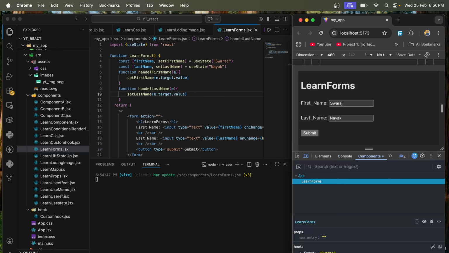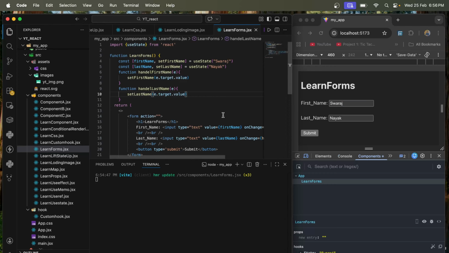The state is Swaraj and the state is Naik. This one is the default value. If I write something now, you see that the first state is changed, and the last state, the hook, also changed. So I think you understand how to